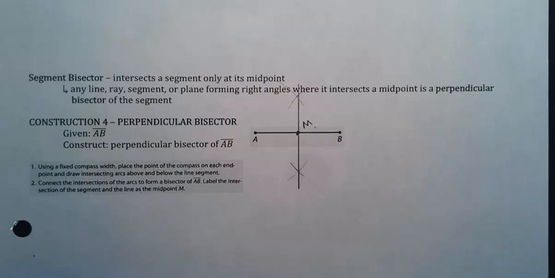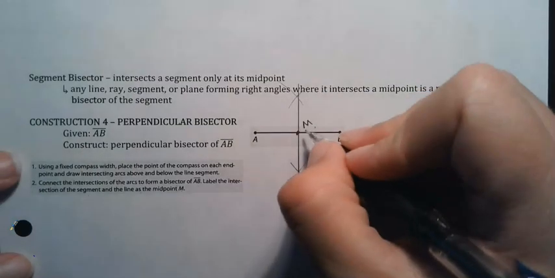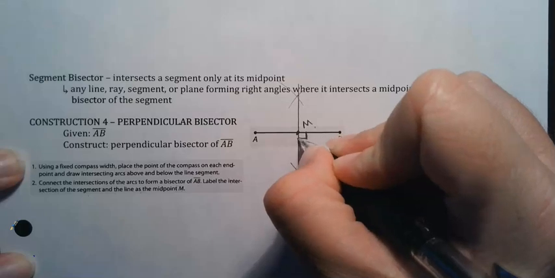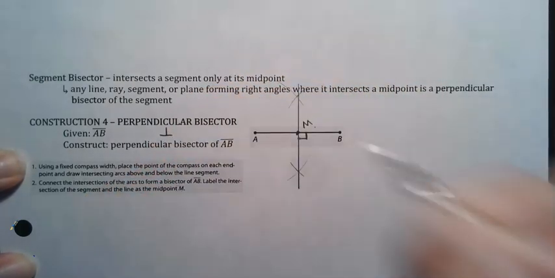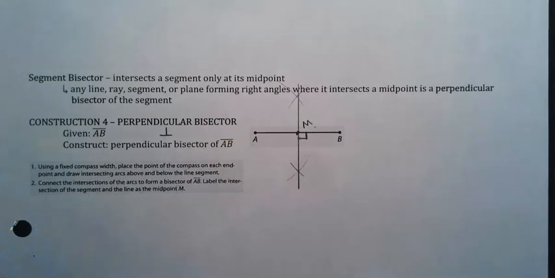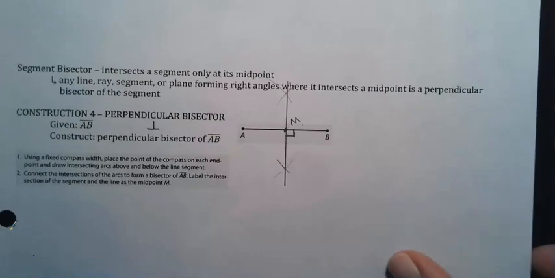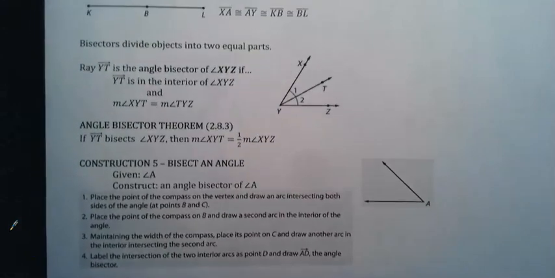That was it. We drew a perpendicular bisector. Remember, perpendicular means that this is 90 degrees in there. That's what perpendicular is, and the symbol for that is like the upside down T. Okay, so we just made a perpendicular bisector. All right, then let's look at